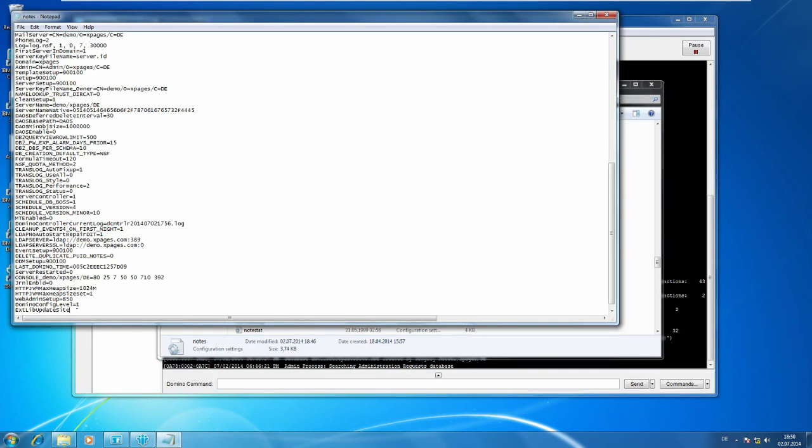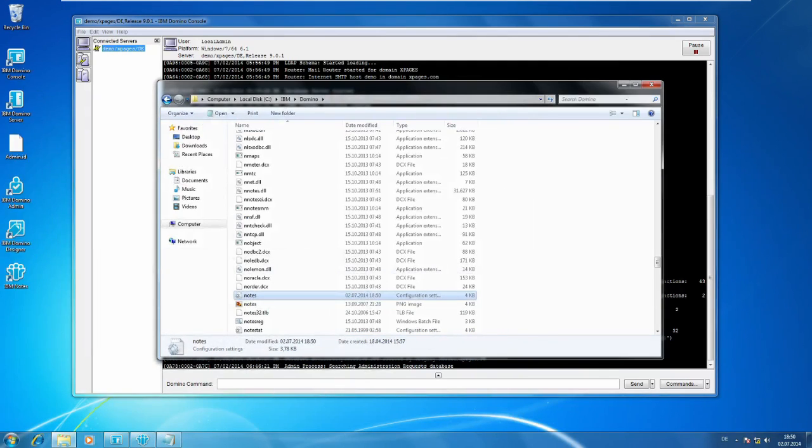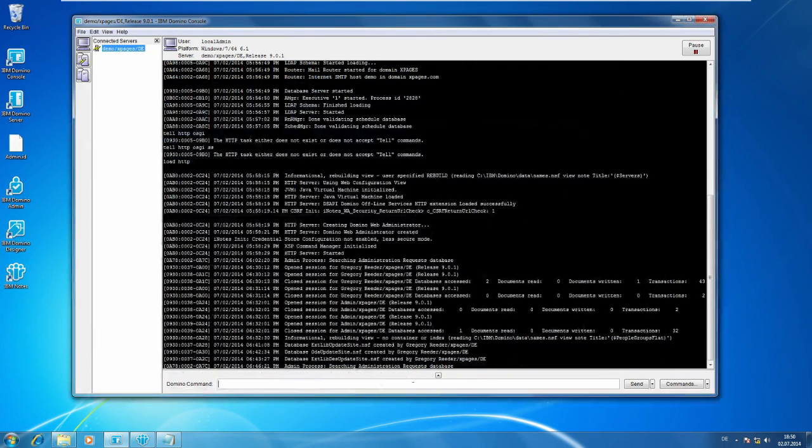Alright, so after forgetting what this variable is and a quick Google search later, we finally come back and we type in OSGI HTTP dynamic bundles. No problem. Save that. Minimize it for a quick find later, and now hit restart task HTTP,